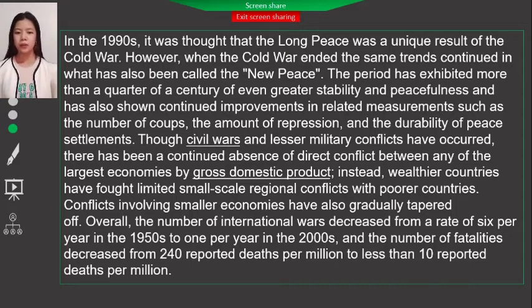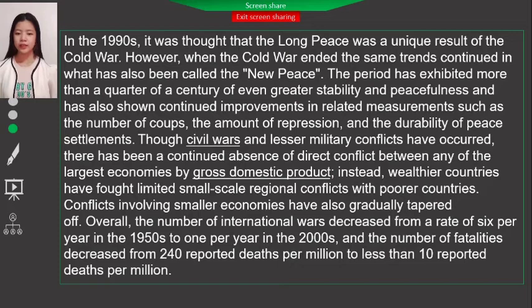Instead, wealthier countries' conflicts involving smaller economies have also gradually dropped off. Overall, the number of international wars decreased at a rate of 6 per year in the 1950s to